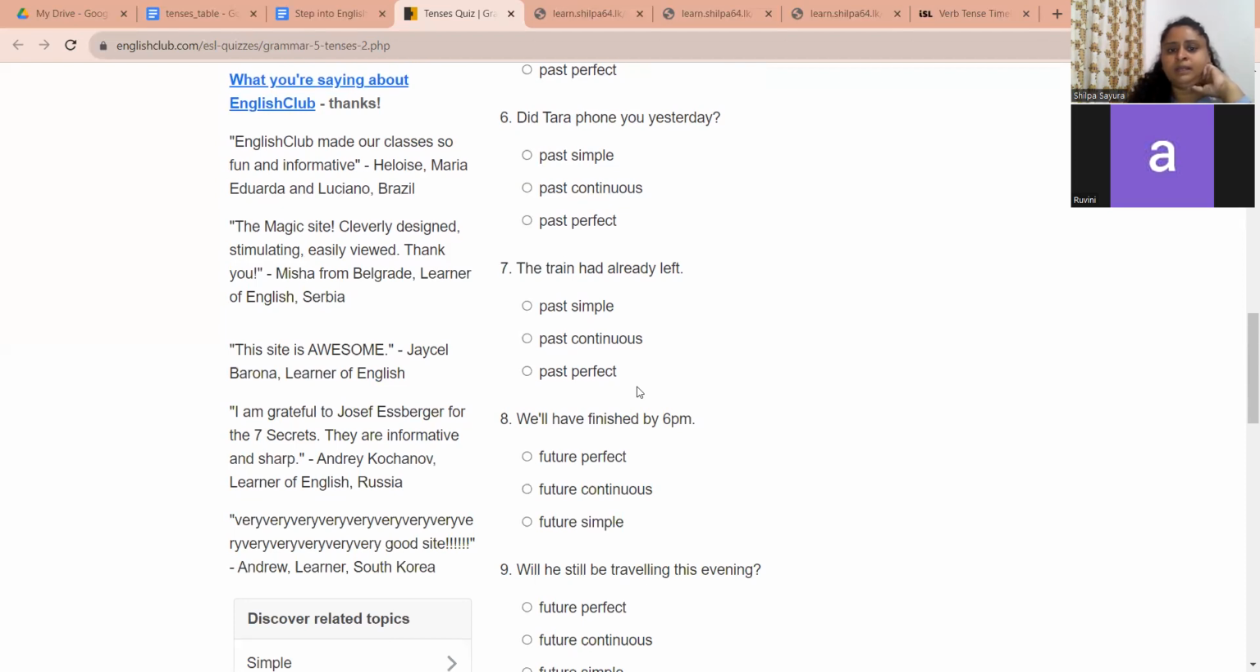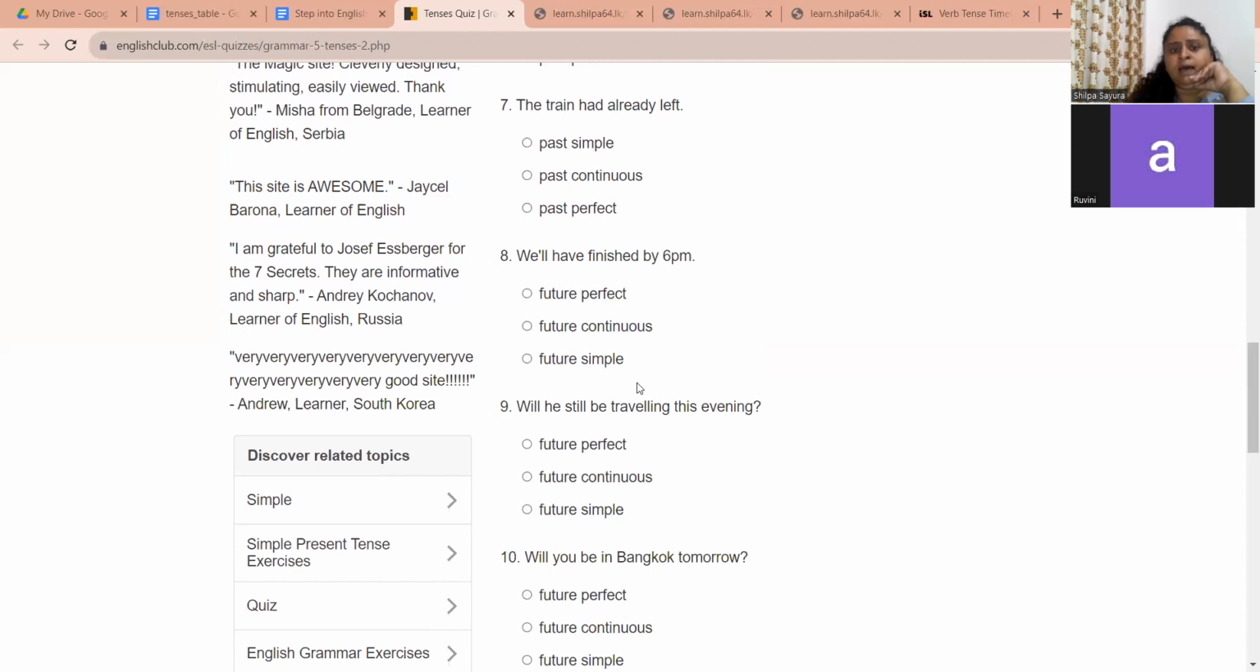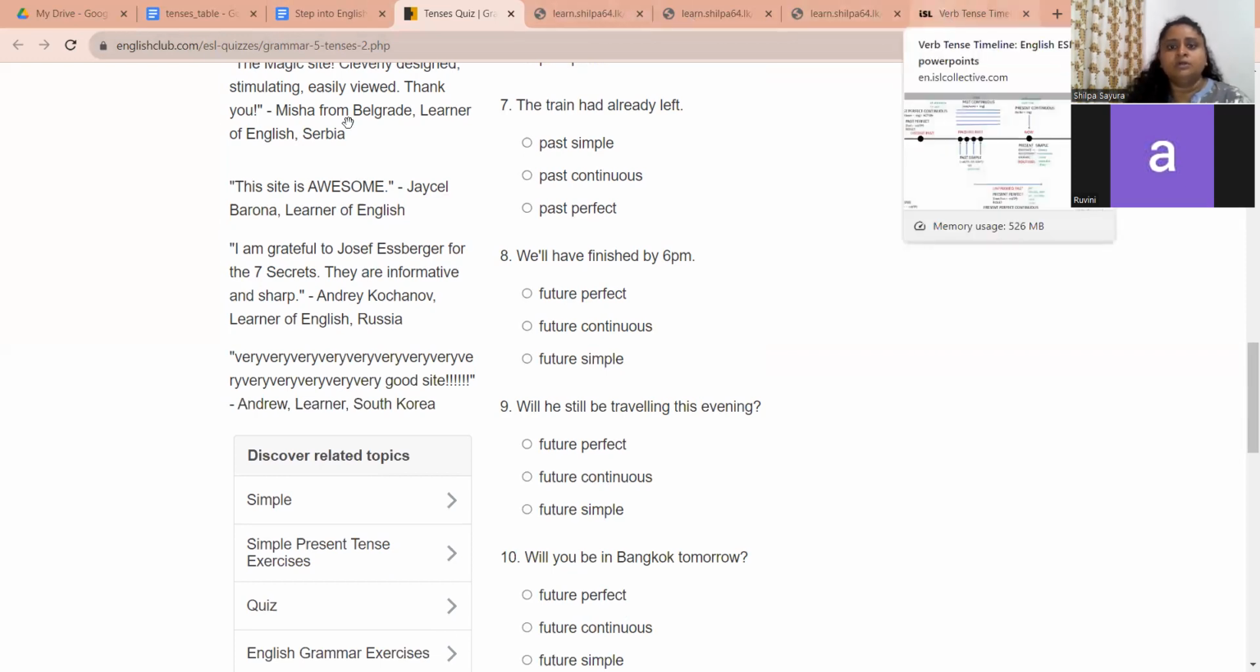Had already left. What is it? Past simple, past continuous, or past perfect? Yes? Had already left. What is it? Past perfect. Excellent. We'll have finished by 6 p.m. So we are yet to learn it. Future perfect. Okay? Yes. So let's stop at this junction because we have to learn more to